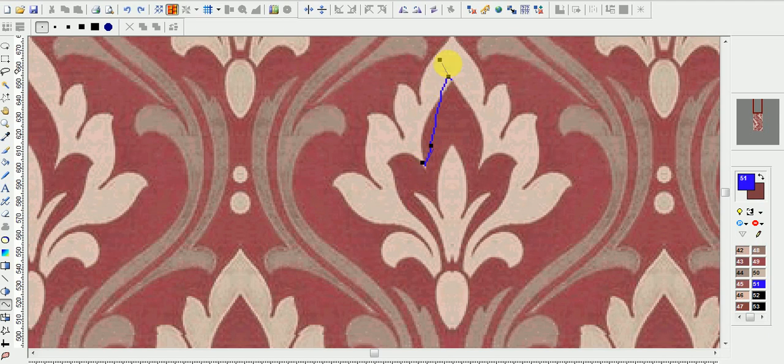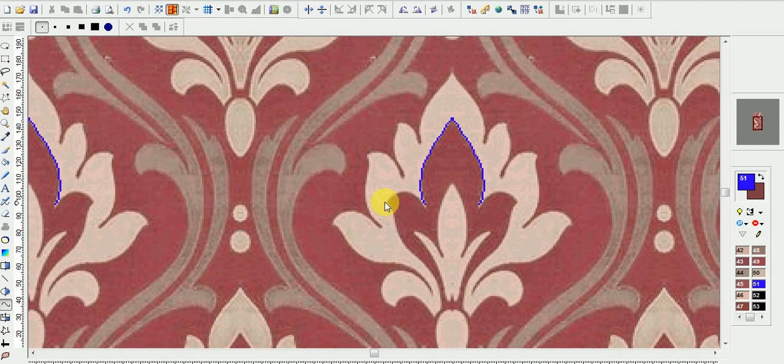I am now using the Bezier tool. I am drawing this. What I want to show is how we fill the colors with a single click within the 50 colors.